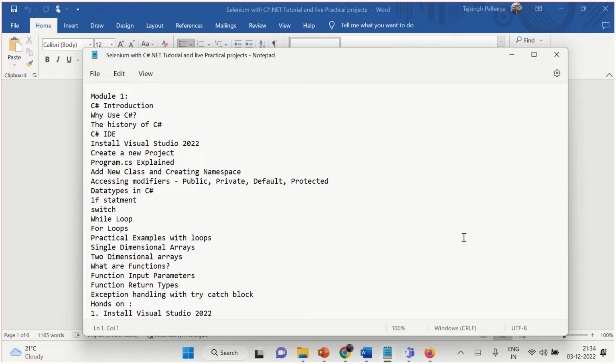So today I'm going to start the Selenium with C#.NET tutorial and live practical projects. This training starts today, and in module 1 we will see the C# introduction, why I use C#, the history of C#, and the C# IDE. Then we will install Visual Studio 2022 and create a project, and I will explain the Program.cs file,